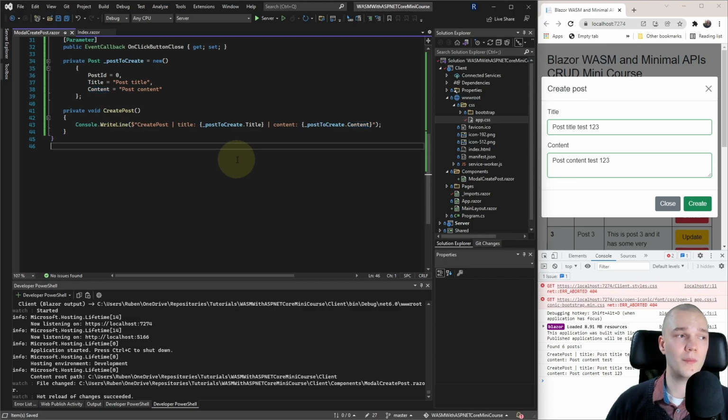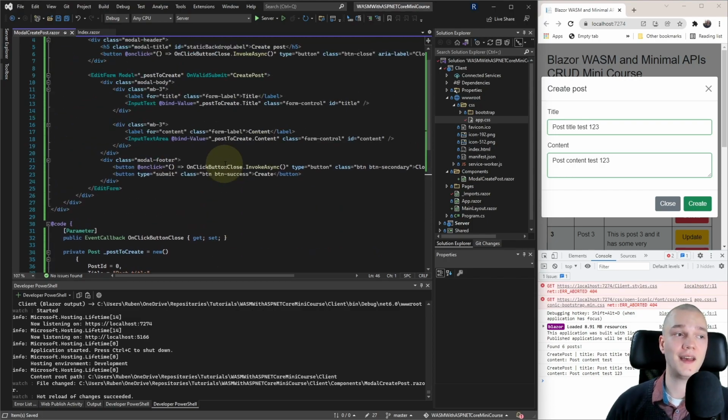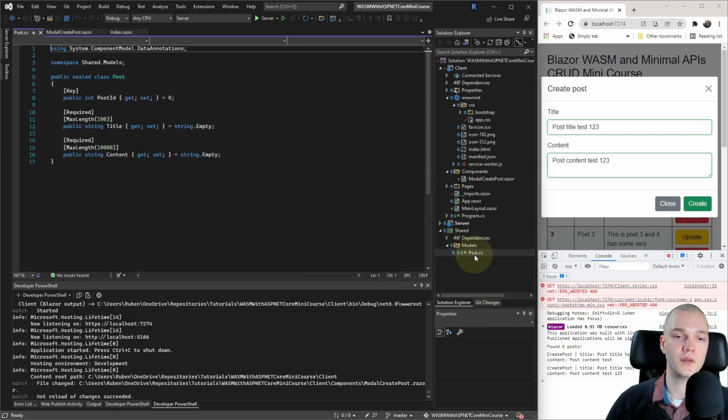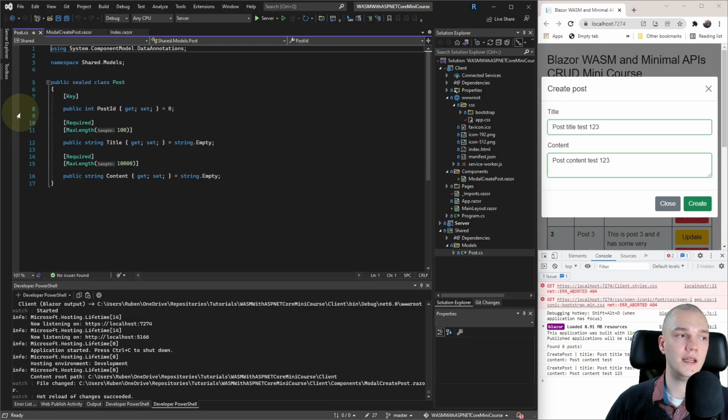So if you remember from part 1, we also added data annotations to the model. I'll just open the model to show you. In Shared, Models, Post, we see in the data annotations brackets that there are some requirements like max length.